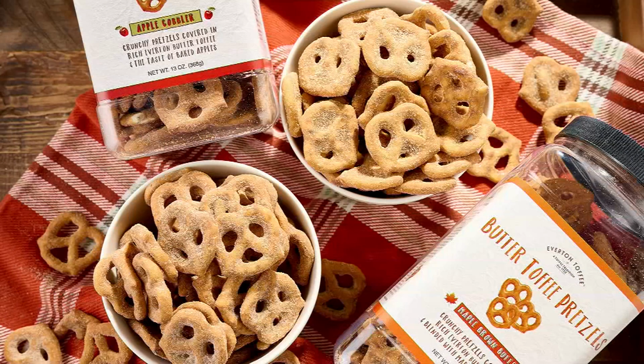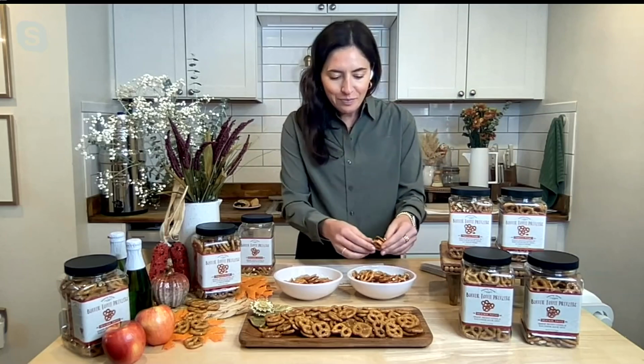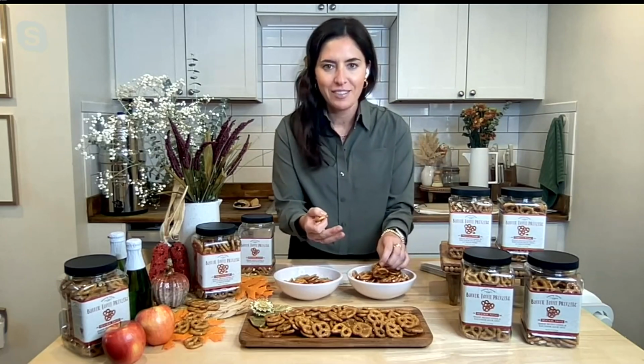these are. And when I say gourmet, it's really about the preservation of that process, right? So we're stirring that rich brown butter toffee in our open air copper kettles the same way Molly Bushell did 270 years ago. Then we let things cool and sit. We take that tiny salty, snappy pretzel that we love, and we dip it in that rich Everton butter toffee. Then we let it sit and cure and get all of those flavors sealed in. And then we start having fun at the Everton Toffee factory. We are now bringing you some of the coolest flavors that I think you can get your hands on this